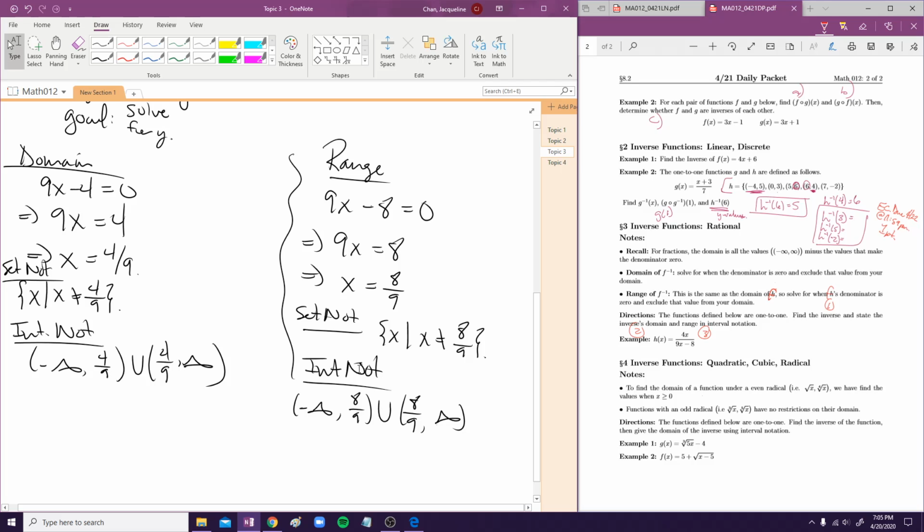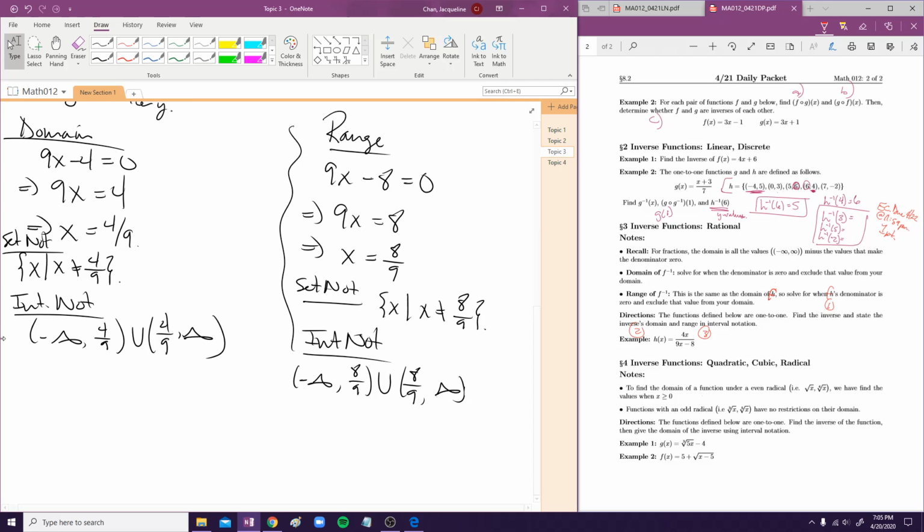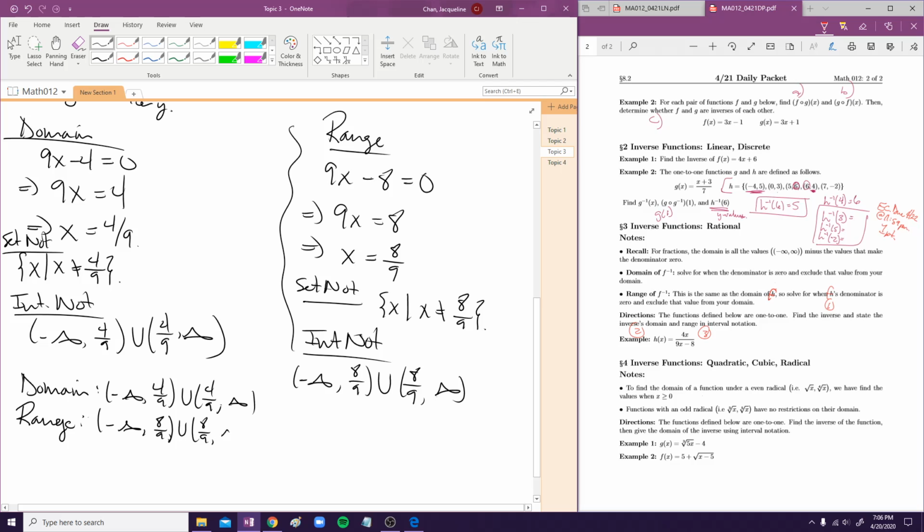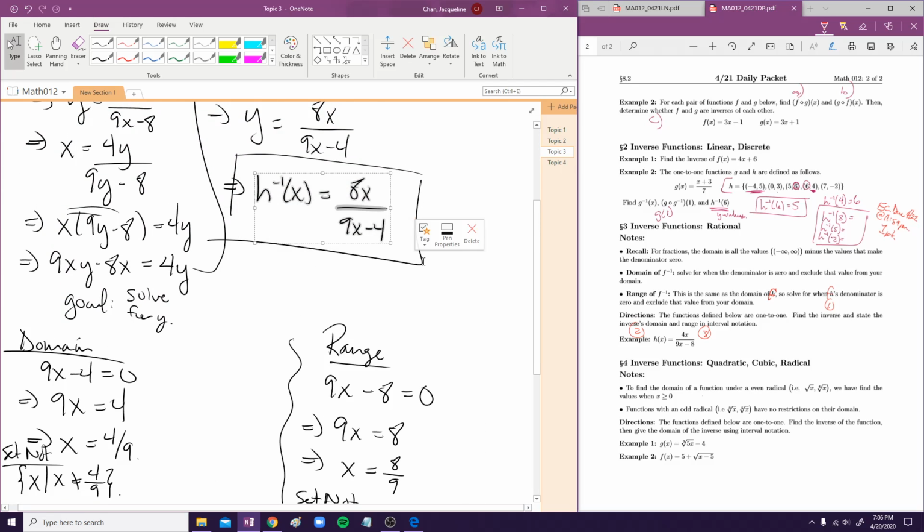So to be more clear, the domain is negative infinity to 4/9 union 4/9 to infinity, and then our range is the same as the domain of f, which is negative infinity to 8/9 union 8/9 to infinity. Right, so this is the domain and range of our function h inverse